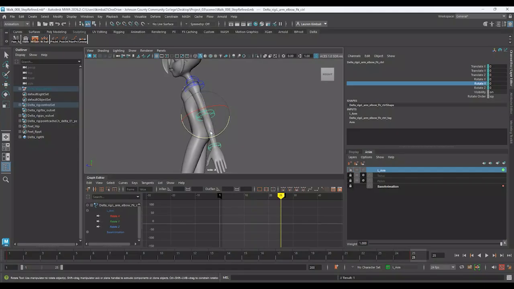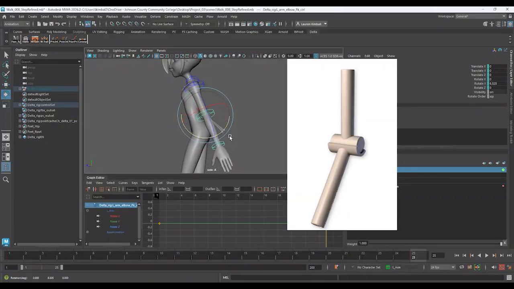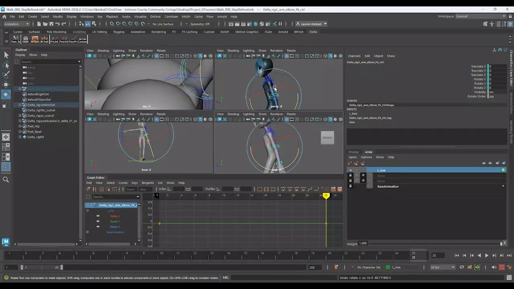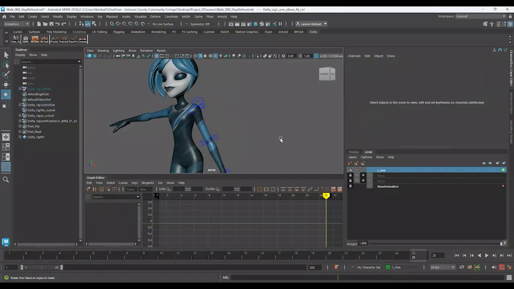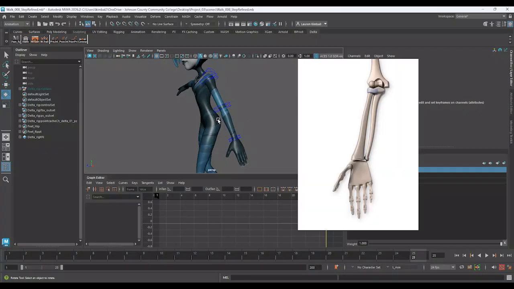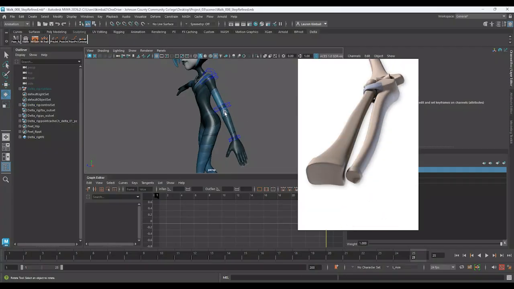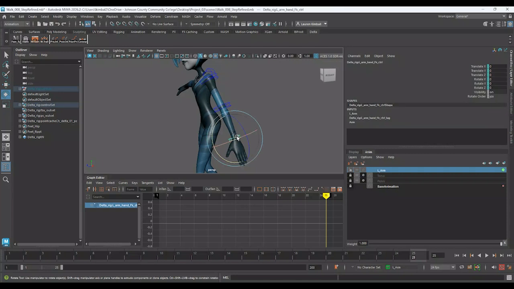over here is fine where it's like fully extended, because remember that your elbow is a hinge joint. So even though Delta here can rotate her arm in very unusual methods, you want to try and keep in mind anatomically that the joint here at the elbow and the joint down here at the knee can only bend one way. The reason it seems like she can bend multiple ways is because there's two bones, not like on the rig, but as a human being, we have two bones in our lower arm that rotate around each other, the radius and the ulna. And so any sort of rotation you're going to want to capture here in the wrist and just keep this to,